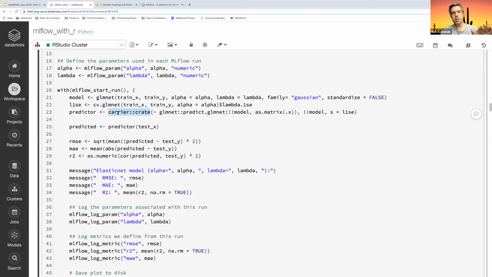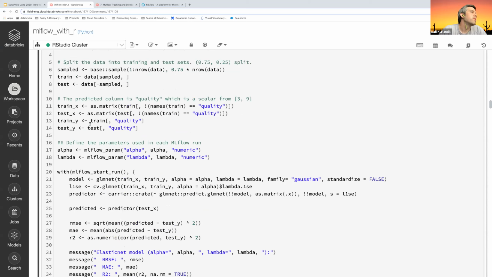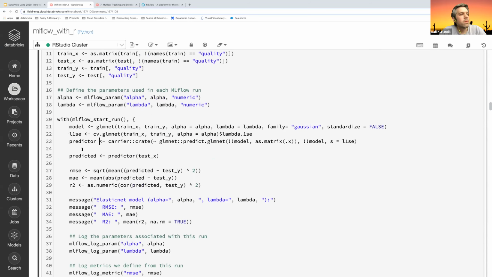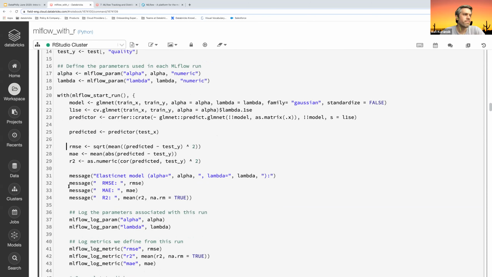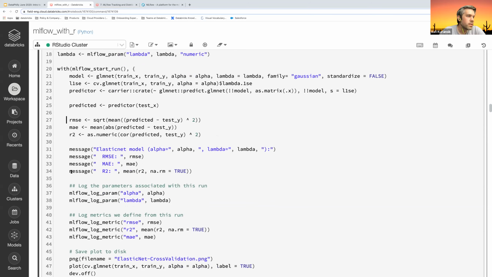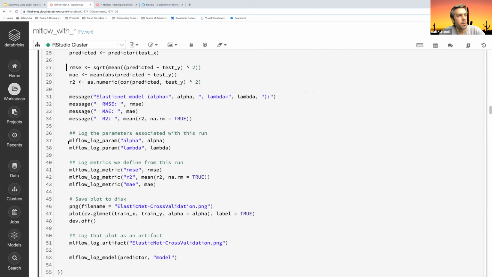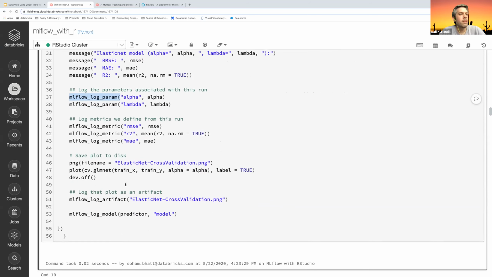It's more complicated in the R API than the Python one, but there's a similar function in the Python API. Okay, so after we have the model created, we make our predictions, and then we calculate our metrics, right? Root mean squared error, and so on, R squared. And the next API that we're going to use from MLflow is to actually log those parameters. So we'll log the alpha, we will log the lambda, log the other metrics that we calculated, and then I